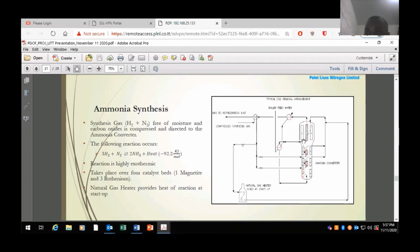Now, the first bed, as I mentioned, is the biggest bed, and it takes place over an iron oxide catalyst, and we get about 9 to 10% ammonia being produced here. The second bed produces about 4% ammonia, the third bed about 3%, and the last bed about 2% ammonia. You'll notice the exit stream here coming off with a lot of heat. It's cooled, and that cool stream is used to cool down the increase in temperature from the first bed. The heat that it picks up then goes to boil water here to produce high pressure steam,